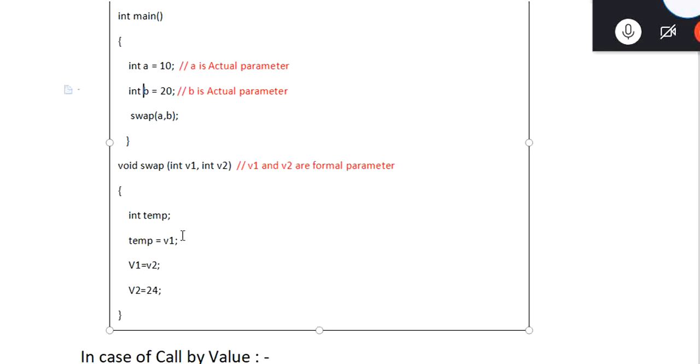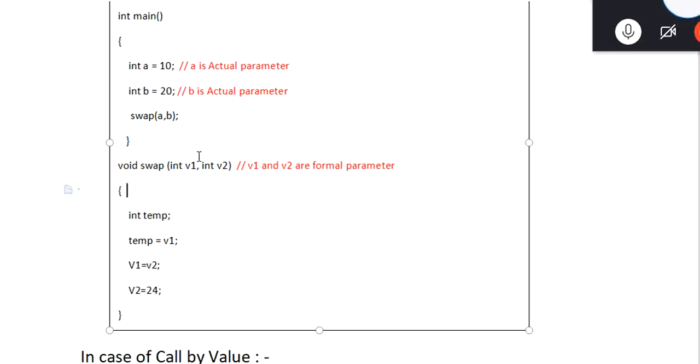Why is it happening? Because if you go deeper into it, then instead of calling these formal parameters, we can also term these two parameters, V1 and V2, the local variables of this function. Since they are local variables of this function, whatever we do on these parameters will be only available within this function. Outside this function, whatever we write, this 24, 25, will not be available in any other place, because these two are local to it.